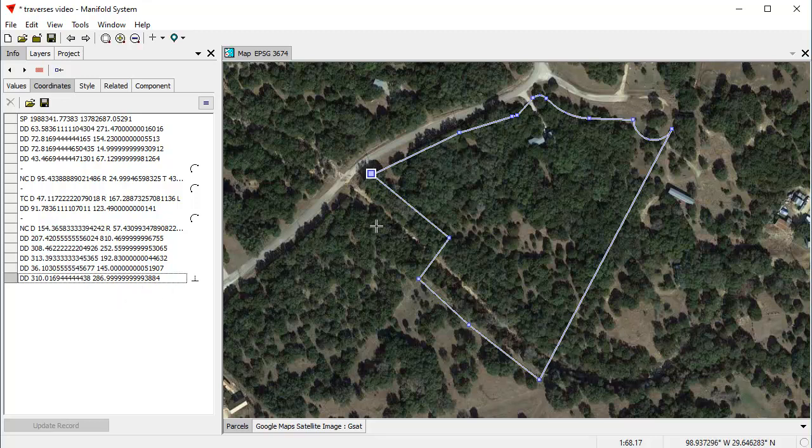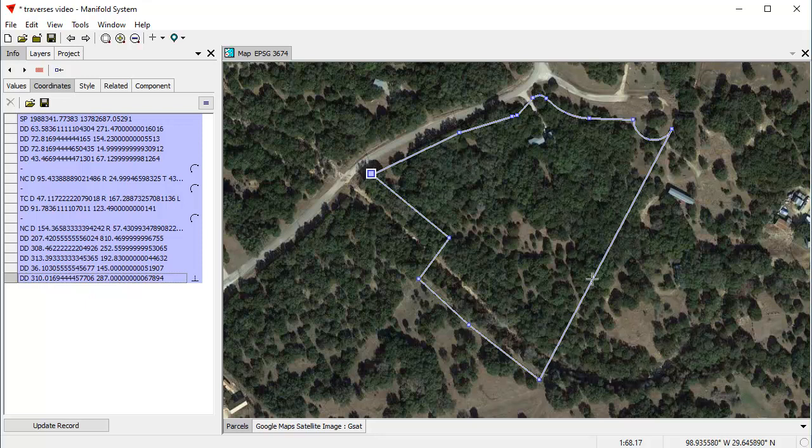So let's say we want to alter this last segment right there. Instead of a length of roughly 287 feet, we're going to make it 150 feet. So we're going in the direction of 310 degrees, but for only 150 feet. I double-clicked on that row, I edited the value, and I'm going to click Enter. And voila, you can see that the endpoint changes. Let's say this is the way it came in, and we realize, hey, wait a minute, this figure isn't closing. Let's change that back to, say, 287, approximately what it was. So there, it's back, and it's that easy to